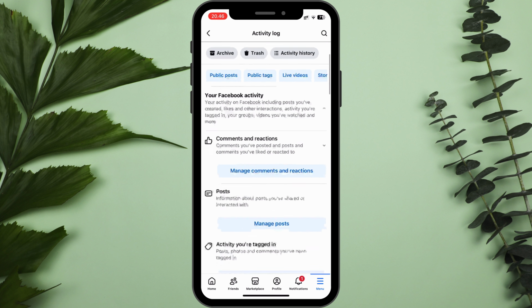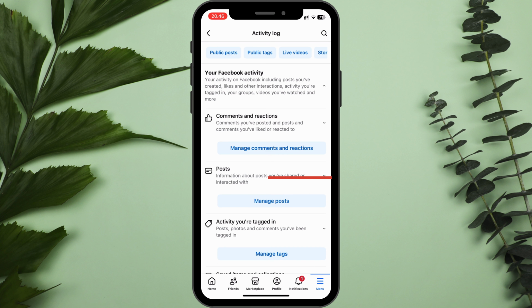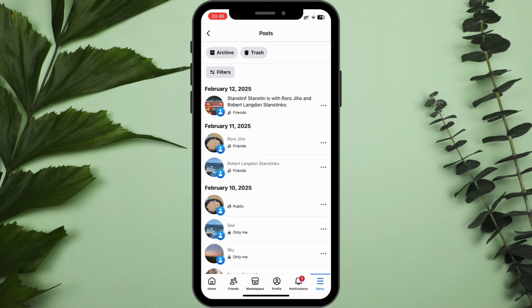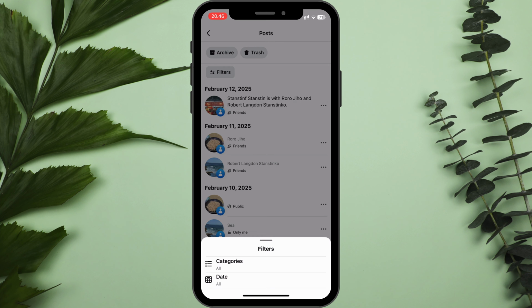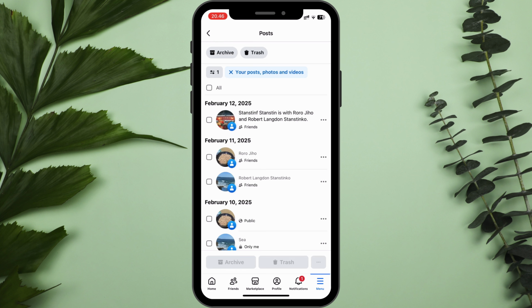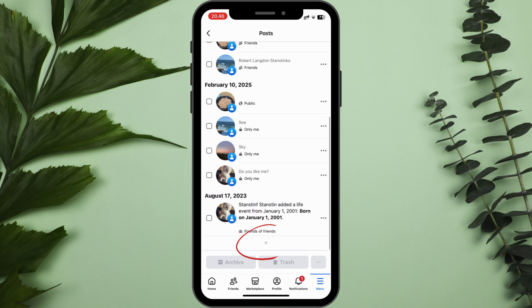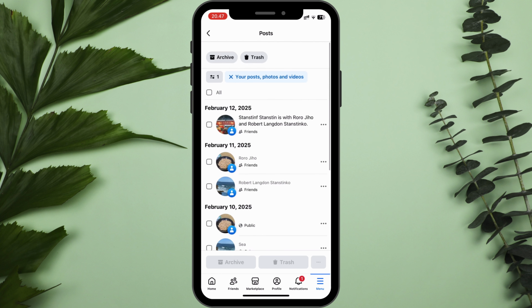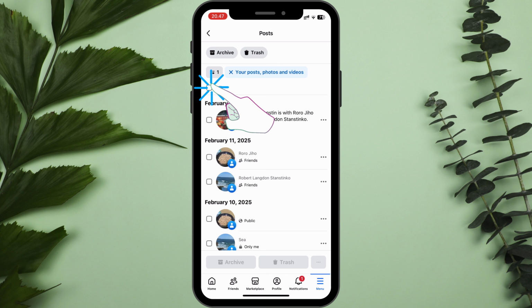Scroll down again, and click on manage posts. Here, you want to choose filters, select categories, and check on your posts, photos, and videos. Right here, you want to scroll down until the first time you post on Facebook, and scroll back again, then choose all,